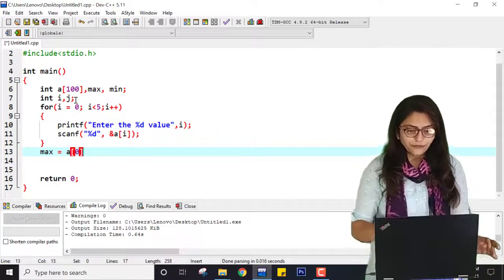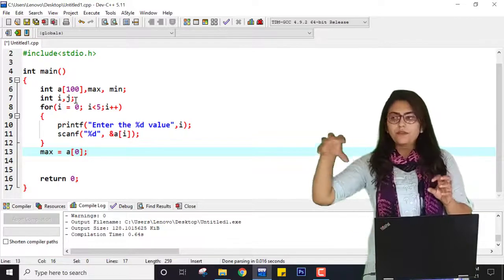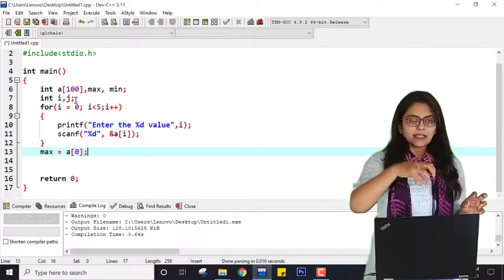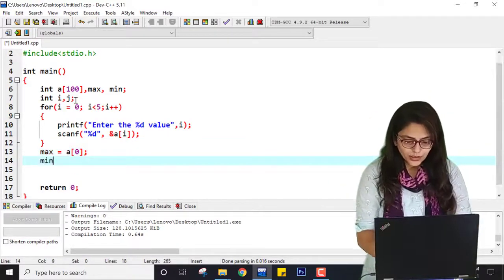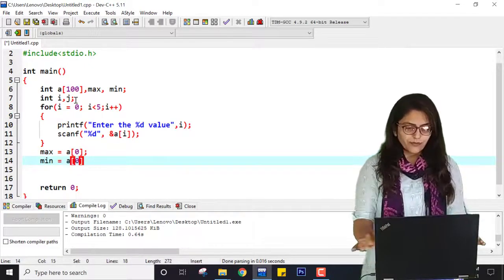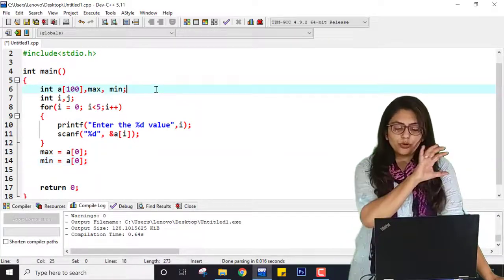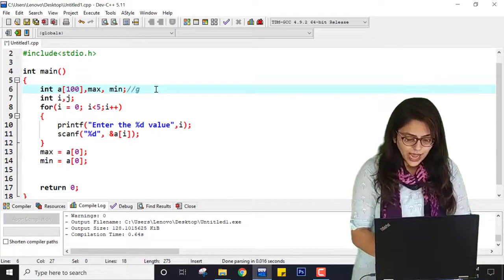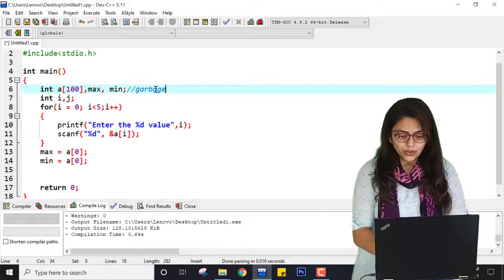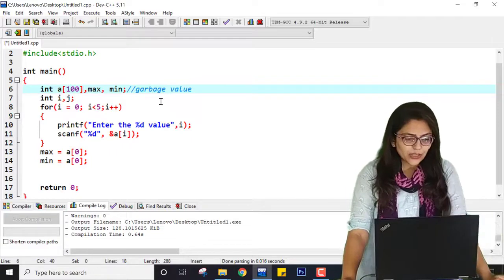After entering each value inside my array, I am giving the first value to max, and in a similar way the first value to the min variable. Right now at this point, each of those contains a garbage value. So max, min and all the array elements were having garbage values.